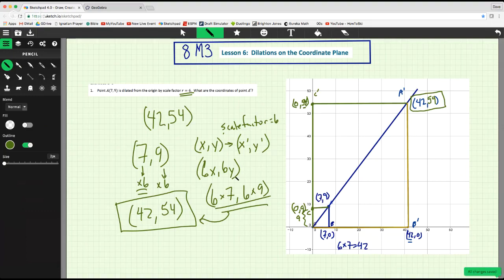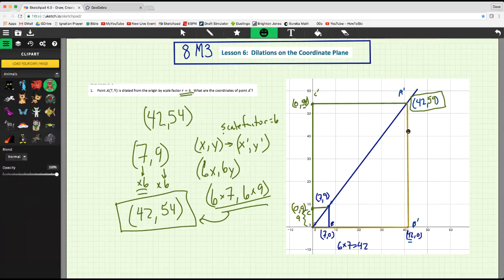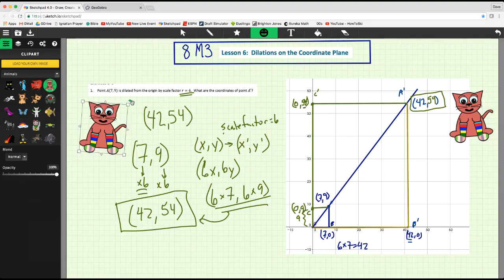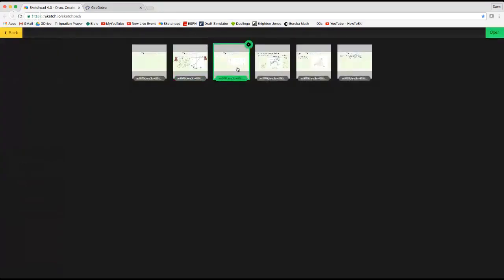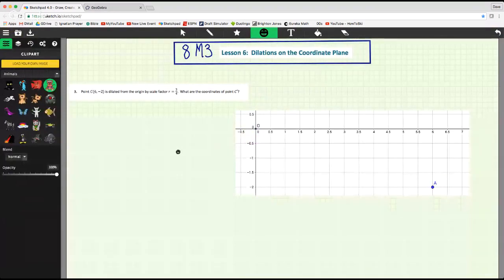Now let's do a different example. Oh, let's happy cat that for sure. Let's happy cat, and we can spin the happy cat. And this is the whole key to the lesson. We're going to do it one more time, and we're going to do it with a shrinking example. So again,